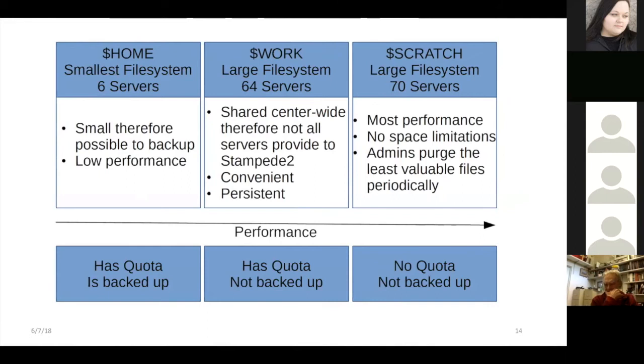For permanent software installation, what we recommend is that you use Work to install any software that you need. So I have an entire folder in my Work directory that's dedicated to software installations that are just for my account. And once I download and install everything to that folder, I can then add that file path to